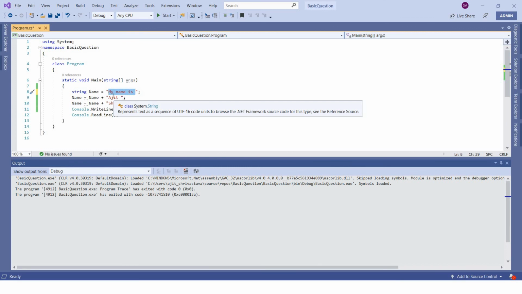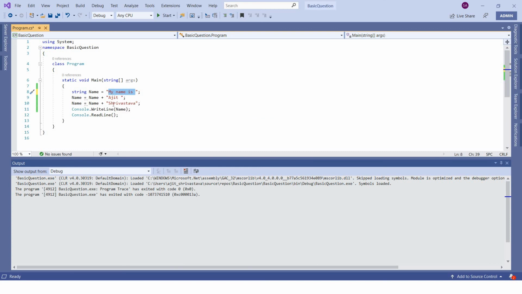So every time you try to modify a string variable, instead of modifying the memory location, it will create a variable at a different memory location and then copy the data.